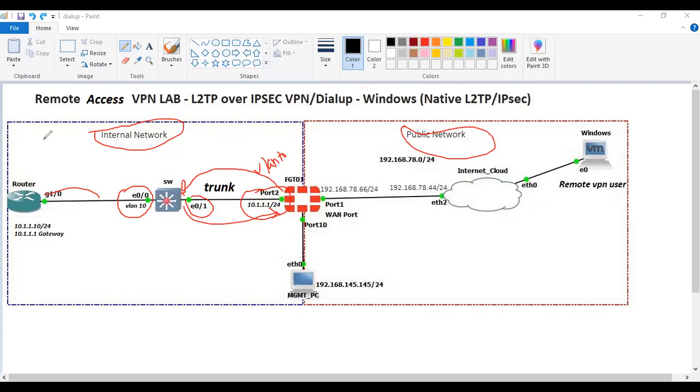So on the router, I have configured the IP 10.1.1.10/24, and the gateway will be 10.1.1.1, which is configured on FortiGate firewall port 2 under the VLAN configuration. So this 10.1.1.1 will be the gateway for the LAN network. In my case, there is a single router, so I have configured the 10.1.1.1 gateway. Apart from that, I have configured telnet to access this router from outside,